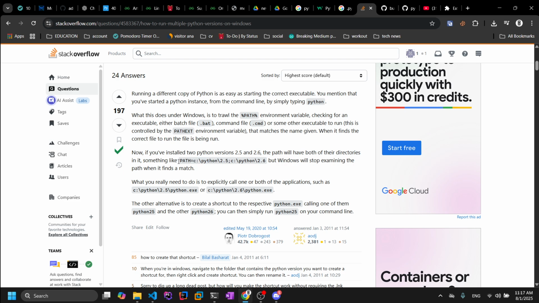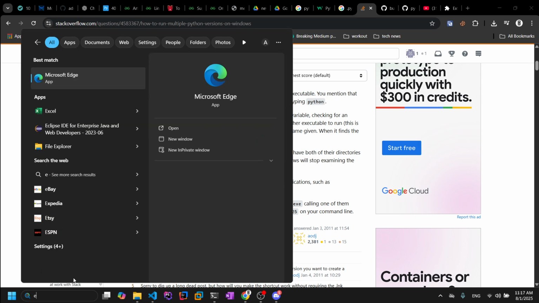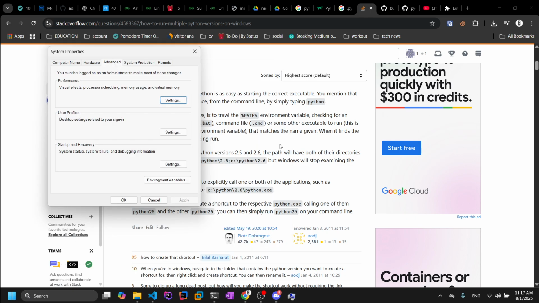you config the file path of that Python to the environment variable on Windows. For example, here we have the environment variable in the path, and